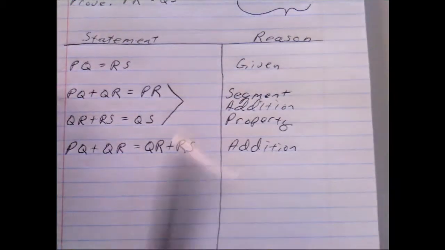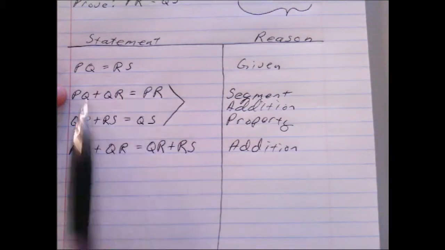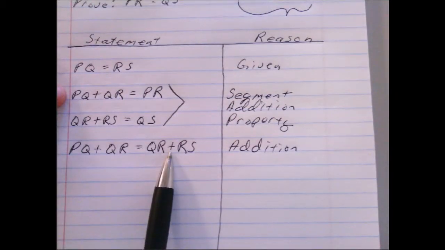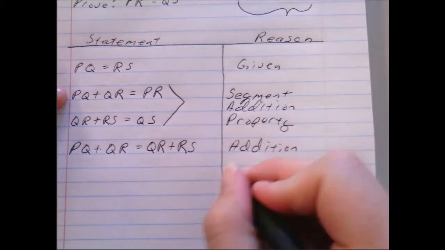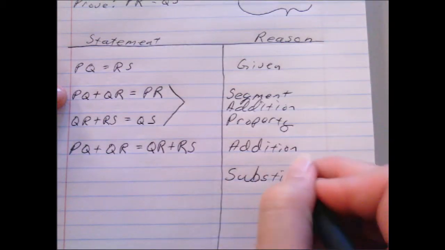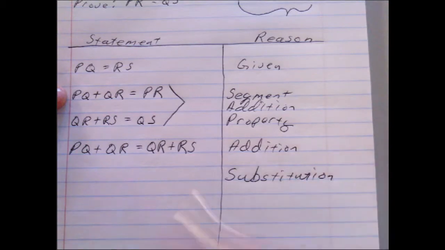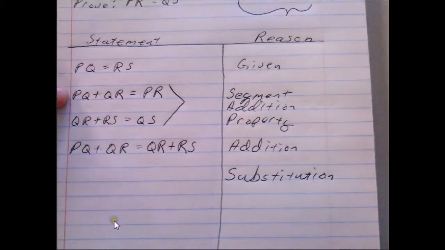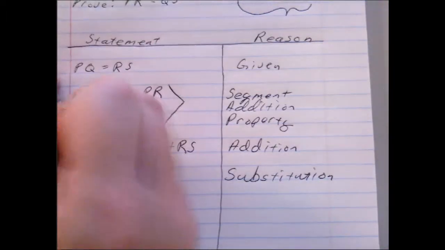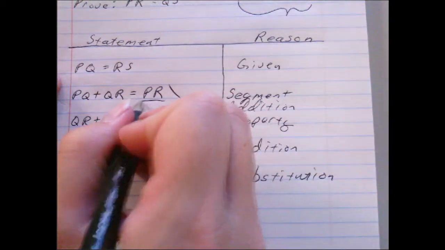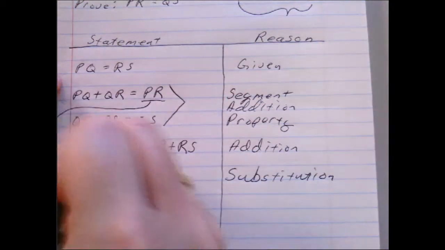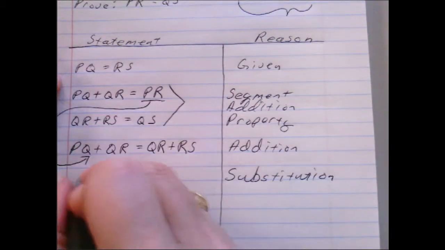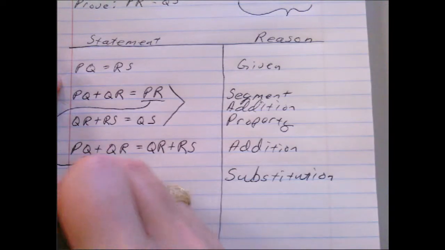Okay, so then the last thing we're going to do is we're going to take what we have here and we're going to substitute it in for these. We're going to simplify them. Okay, so substitution. If we know that PQ plus QR equals PR, we are actually going to take this and plug it into here. So now we have PR